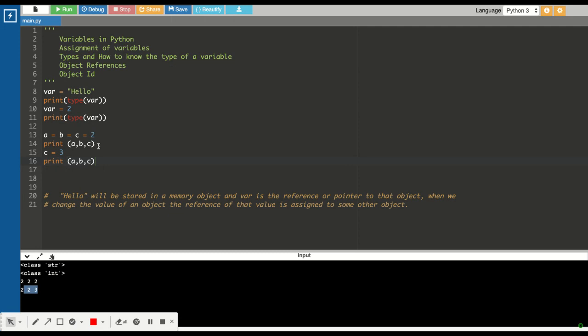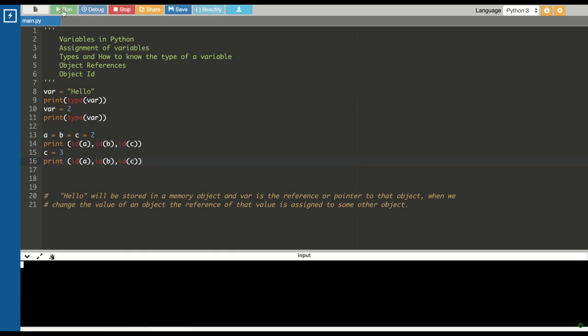Okay, let's do one more thing. You can get the ID of an object using the id function. Let's do this and run it. Here you can see when the a, b, and c references are pointing to the same object, they all have the same object ID.